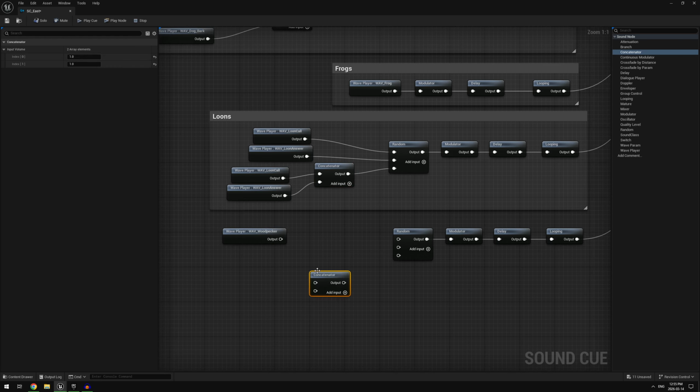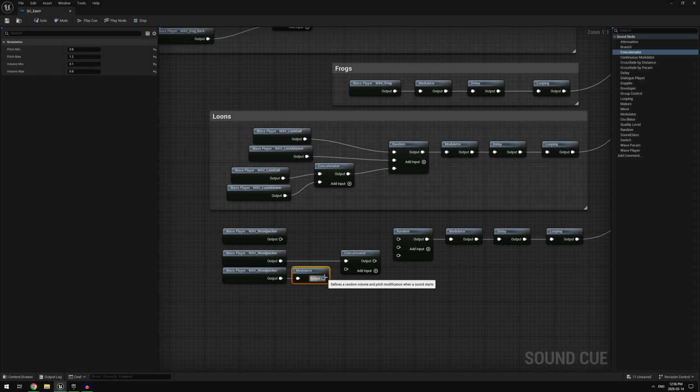We'll add a concatenator here, and we're going to duplicate this twice, and then we're going to have this one, and then I'm going to modulate the next one so we can make it sound a little bit different. So I want to have like a double chirp. So what I'm going to do is, that was a pretty interesting pitch. So we're going to go 0.12 for this, and then we're going to set the volume to 1 and to 1. And so if I play this node now,